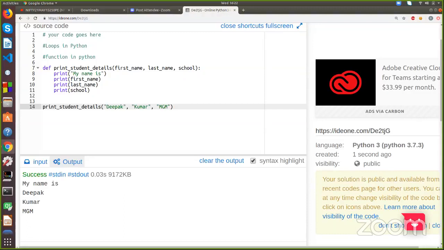But that's not a good way. If we are writing the same line of code 10 different times for the same use, that's not a good way to do anything in coding. So for that purpose, we use function. You declare a function, and you say that this function will be used to print the student details and print the marks. And after that, you use this function over here.